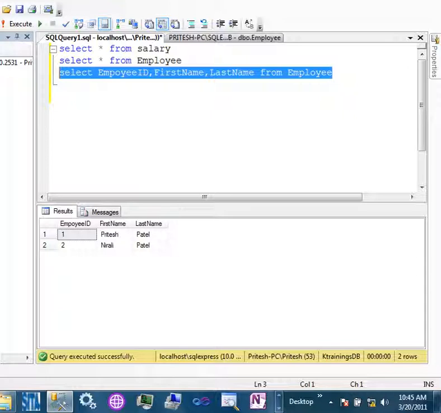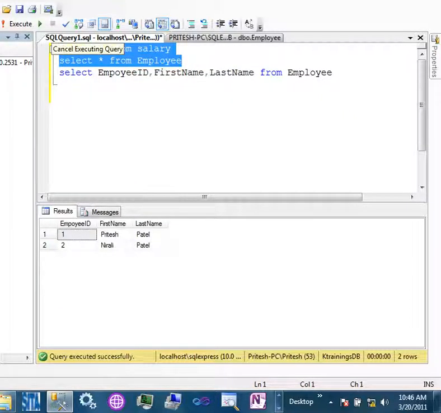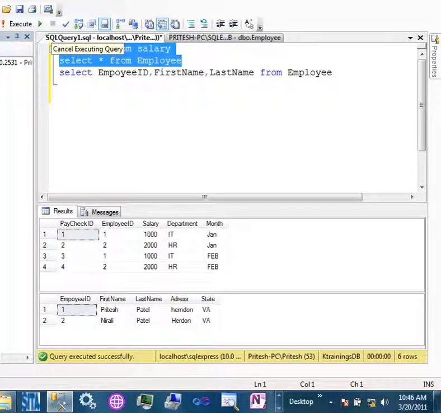What I'm trying to say is, let's say I have a payroll application. Everybody gets paychecks. So with a payroll application, how does it work? You enter your timesheet. Your employer sees that I have two employees, Pritesh and Nirali. So Pritesh needs to be paid 1,000 and Nirali needs to be paid 2,000. So there is a website